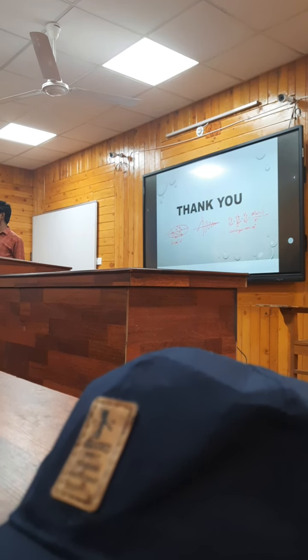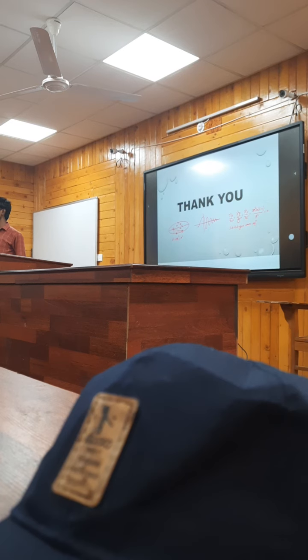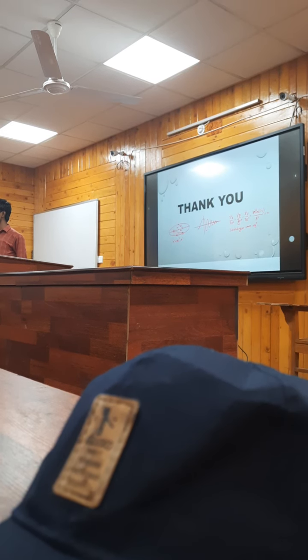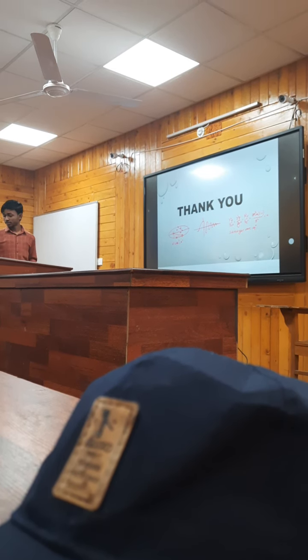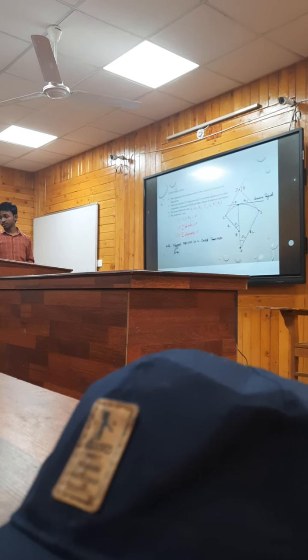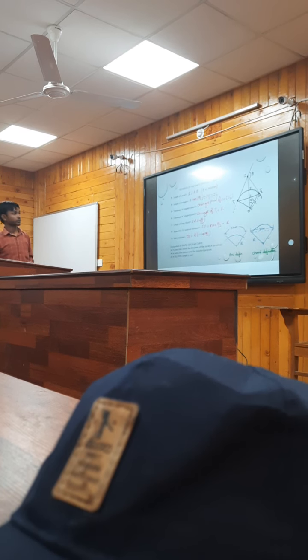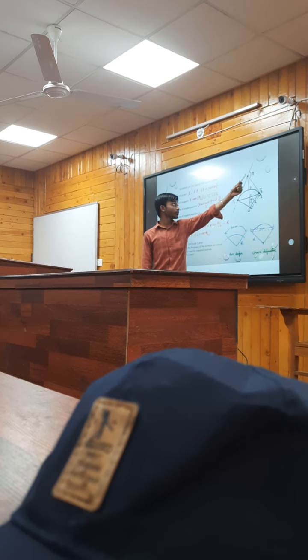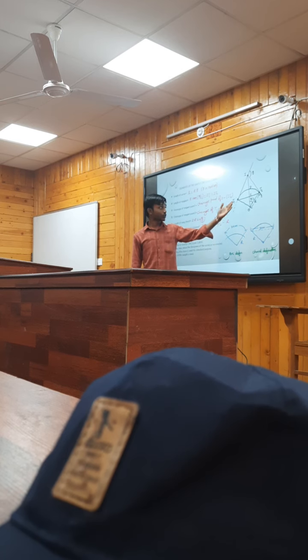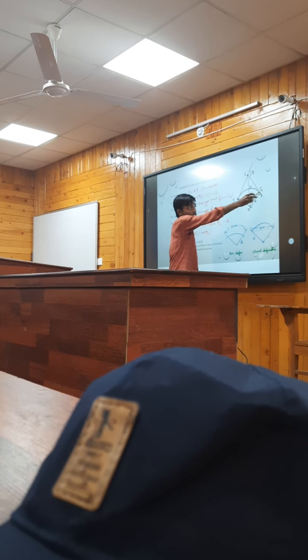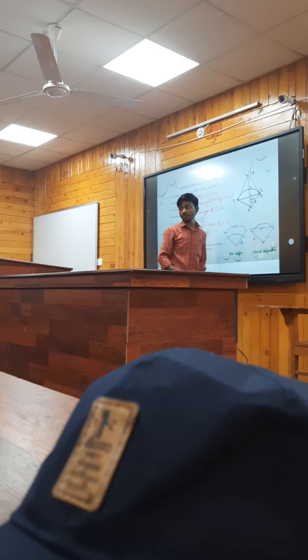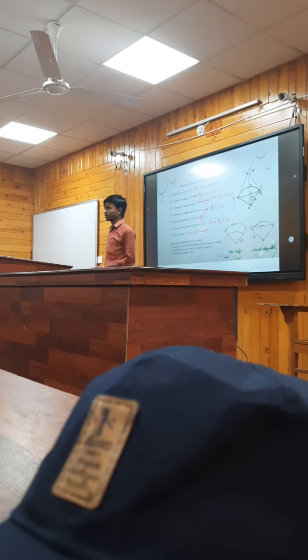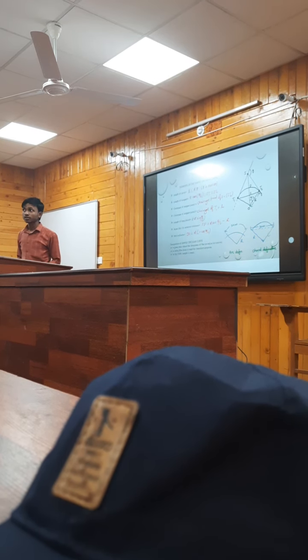Actually, the intersection point chainage we already know, from which we simply subtract the length of the tangent. The chainage of this point we have already known. By subtracting this length, we simply calculate the chainage of the point T1. Or if you want to calculate the chainage of point T2, we simply add the arc length. So the intersection point is the first thing you need to establish.